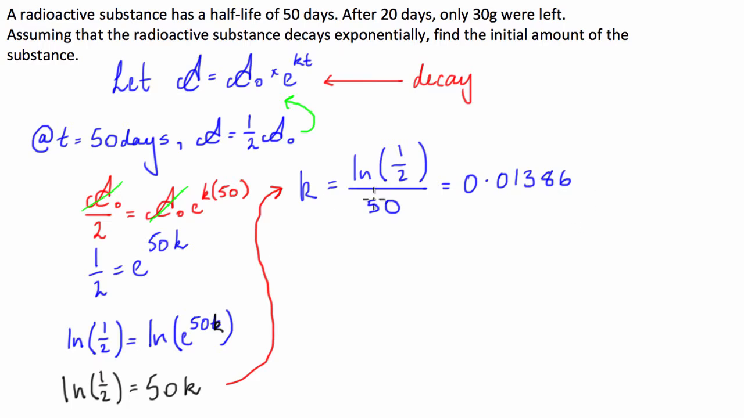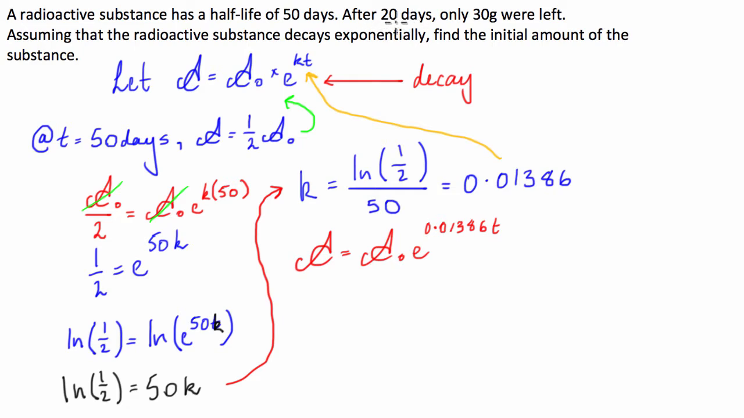Cool. So now I'm going to substitute that. There's a lot of substitution going on, I get it. I'm going to substitute that into my formula up here. And from that, I'm going to get A is equal to A naught e^(0.01386t). Cool. And now we know that